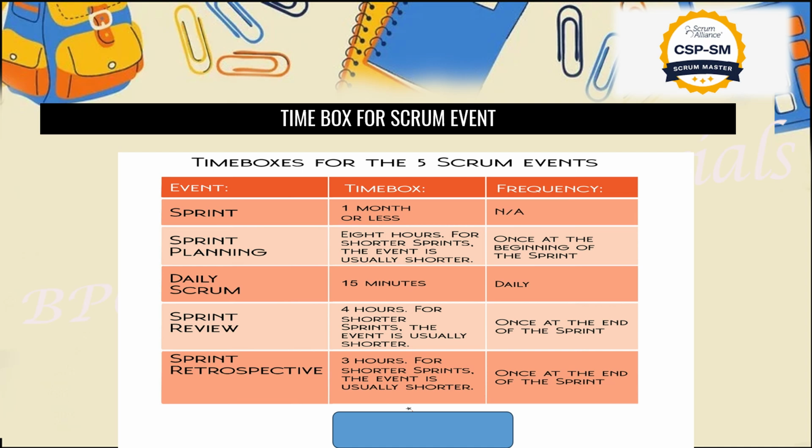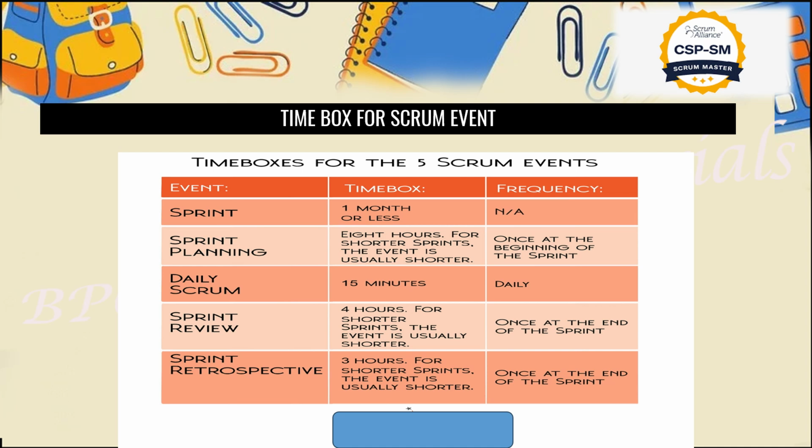So what we have learned today, the Scrum events. In the Scrum events we started with the sprint. After the sprint we covered sprint planning. After planning we understood sprint backlogs, then the sprint goal. We also understood the product backlog, and then we moved to the daily Scrum, where the daily meeting is held. Then we understood the sprint review, a meeting after completion of one particular sprint, and then the sprint retrospective. So we have learned all these things in detail today.